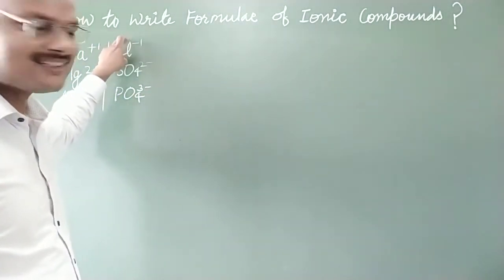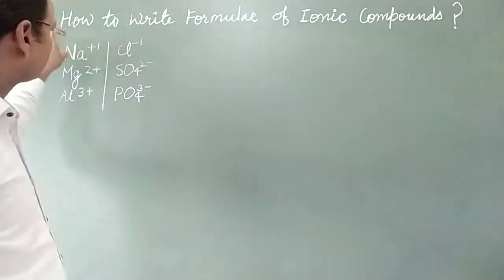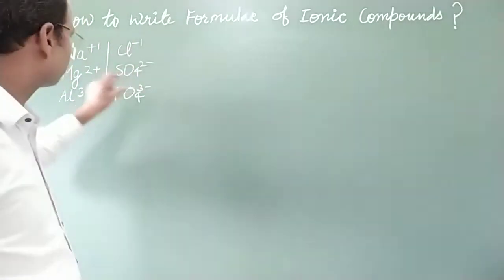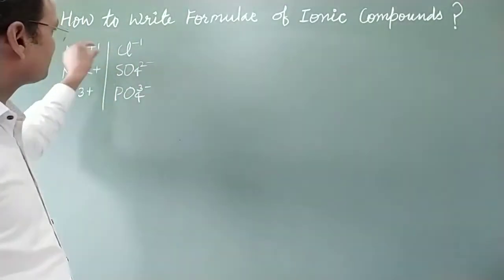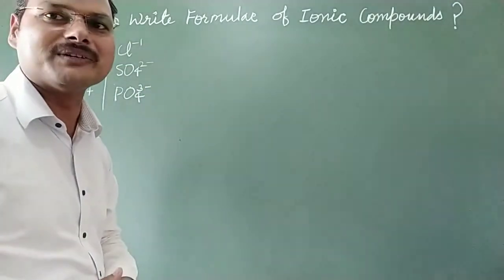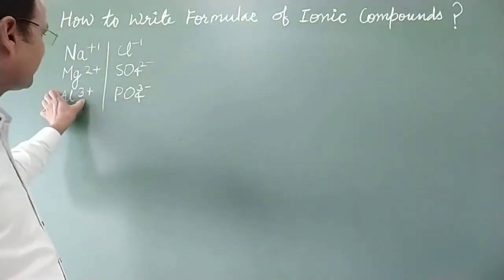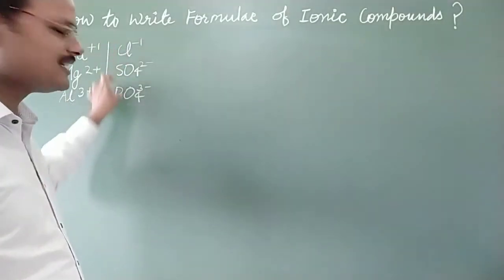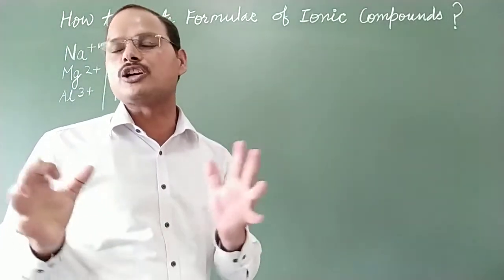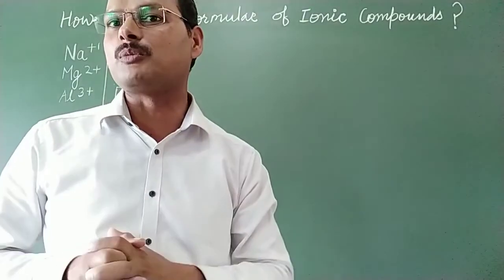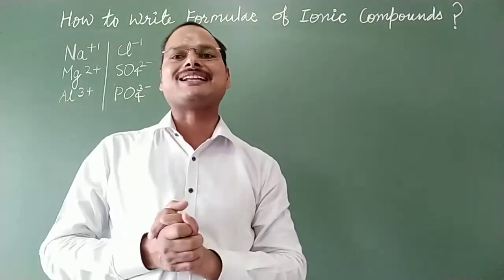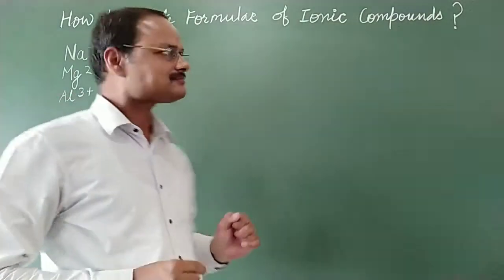It means three formulae will be there with sodium and these negative ions one by one. In the same way, magnesium can join one by one with all these three negative ions. It means three more formulae will be there. And in the same way, aluminium can join with these three negative ions one by one. It means three more formulae will be there. In this way, altogether we will have 9 formulae with the help of these three positive charge ions and three negative charge ions. Let us start.